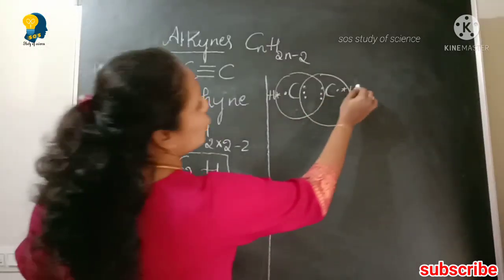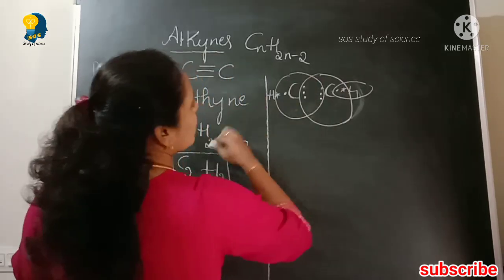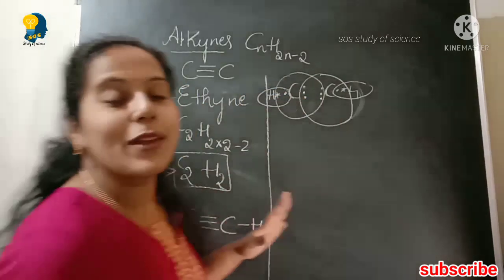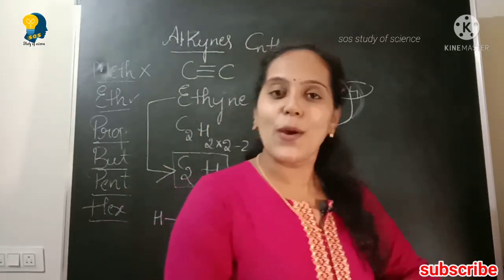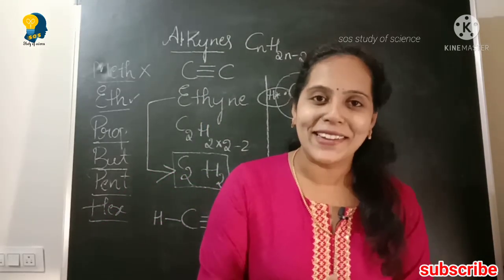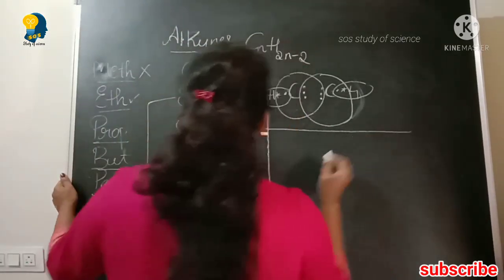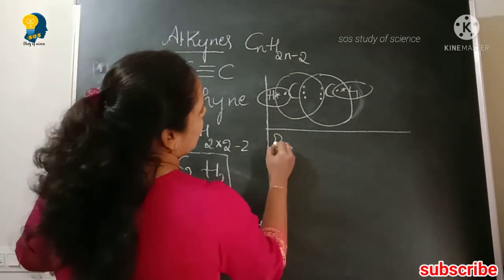So it's time to check the hydrogen. See, hydrogen is also having 2 valence electrons. So this is how we write the electron dot structure for ethyne. Hope you got it. So next, let me start with the next one, that is the third one, but